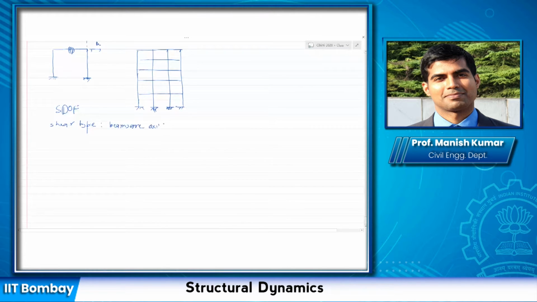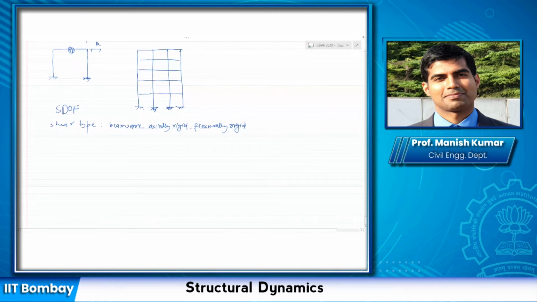actually rigid, and they are also flexurally rigid, so that they do not have any flexure degree of freedom. So what happens in this case, if the beam is rigid, whatever the degree of freedom of this would be is the degree of freedom of this. So all horizontal degrees of freedom can be represented using a single degree of freedom like this.